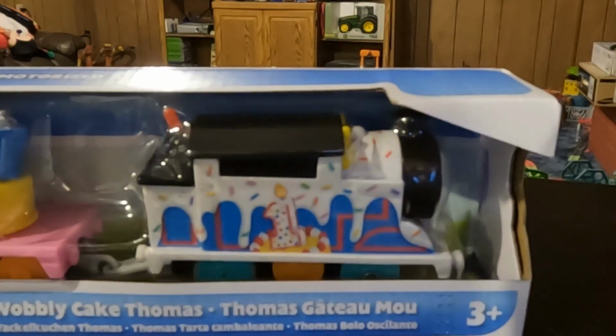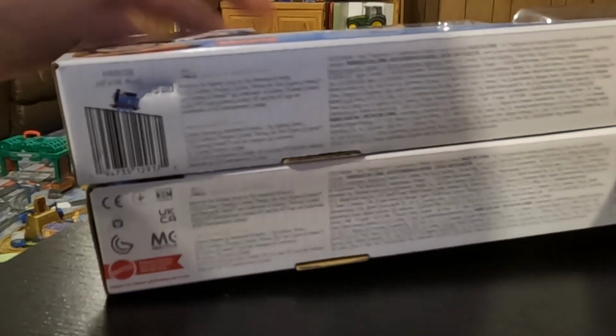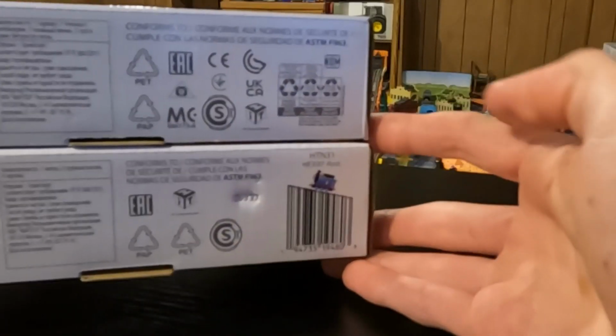the assortment is HFX 97 compared to what Walmart has. I shall grab a few boxes quick just so we can show this off. So I was grabbing one of the older boxes just for reference to show you the different assortment numbers. And I know something even more weirder. They moved the location of the barcode from one side to the other. What? Okay, anyway, the assortment that Walmart is selling is HFX 98, but this one is from the assortment HFX